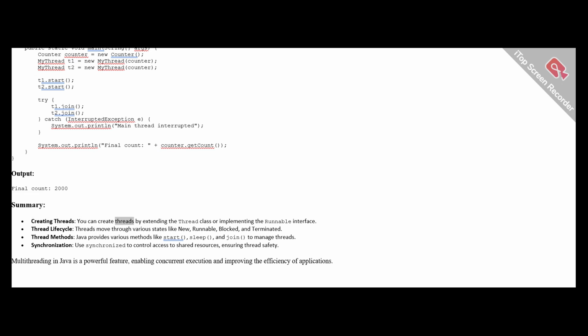Summary. Creating threads: you can create threads by extending the Thread class or implementing the Runnable interface. Thread lifecycle: threads move through various states like new, runnable, blocked, and terminated. Thread methods: Java provides various methods like start, sleep, and join to manage threads. Synchronization: use synchronized to control access to shared resources, ensuring thread safety. Multithreading in Java is a powerful feature, enabling concurrent execution and improving the efficiency of